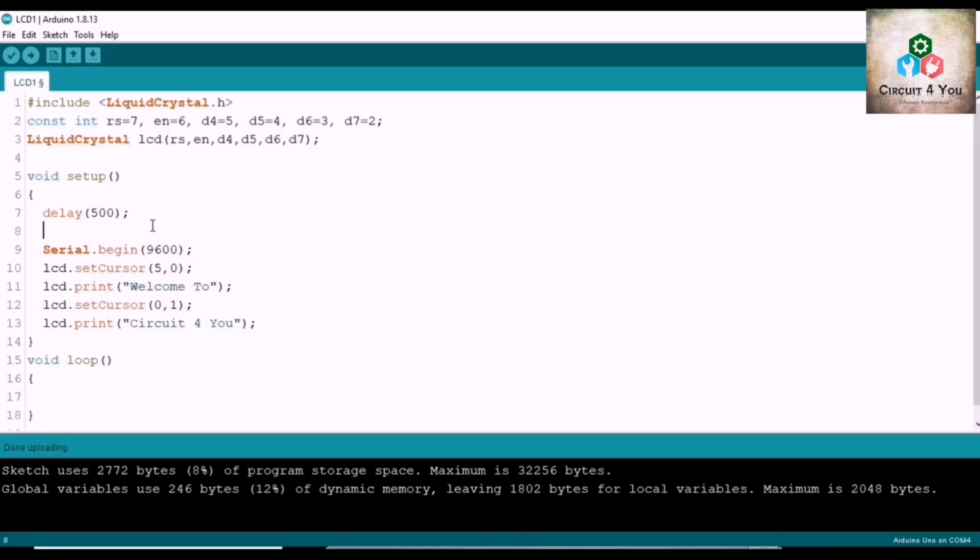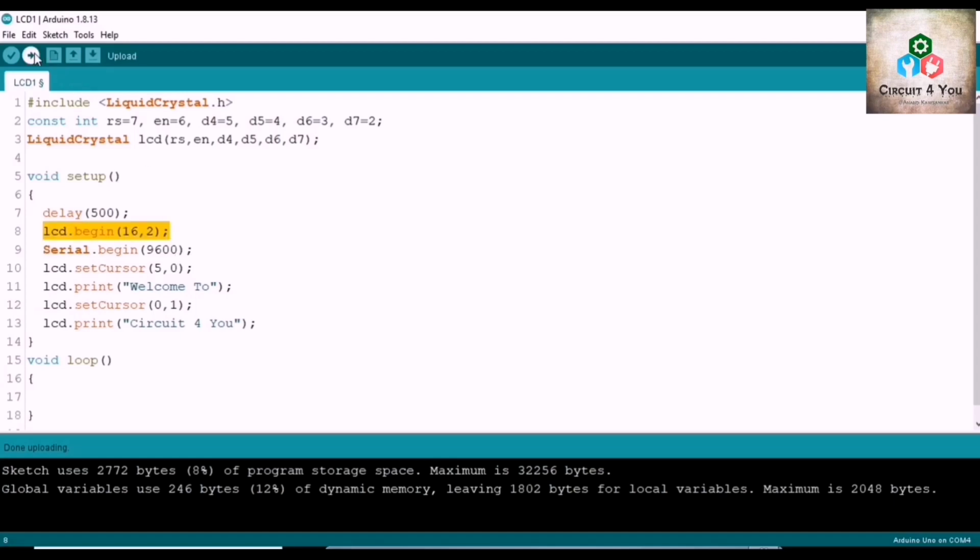So in the setup part, after a delay, we will add a command, that is lcd.begin, and inside the brackets we will provide the size of the display. Here the size of the display is 16x2, so we will write 16,2. That's it.